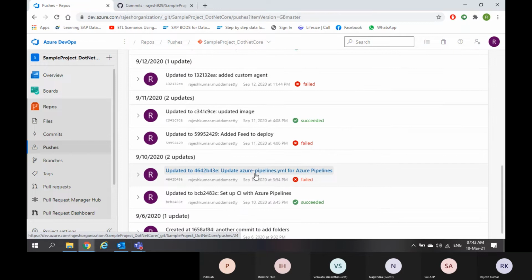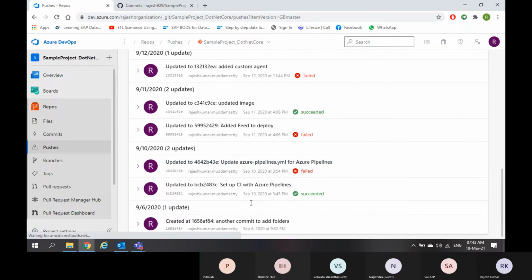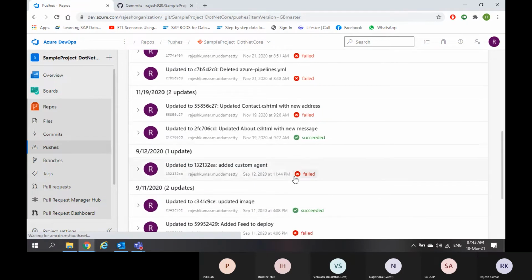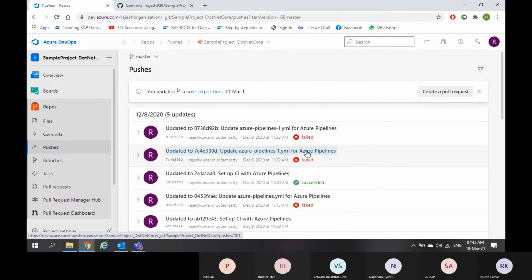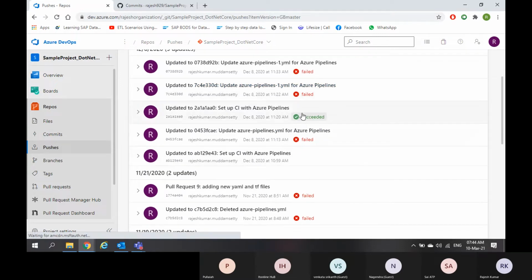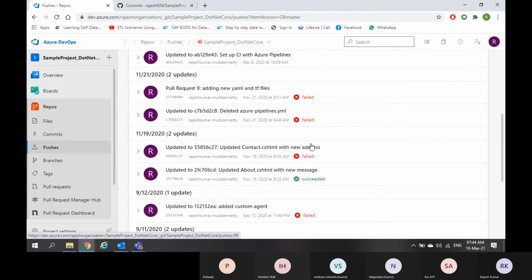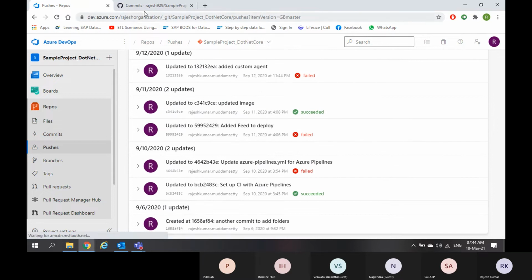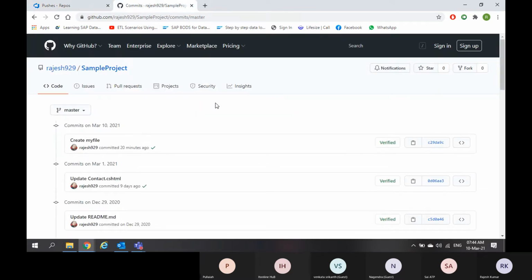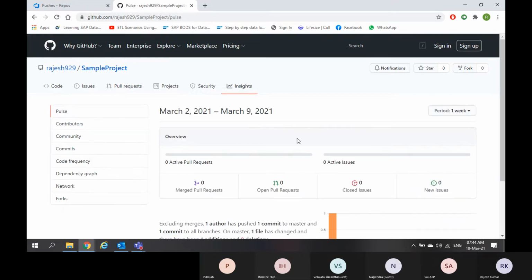Okay, how many times the push happened? For every push, there might be some build pipeline running. So this is all the things. It's failed, it's succeeded. So here in push, the pushes you can see in insights. If you go to the insights section in GitHub,